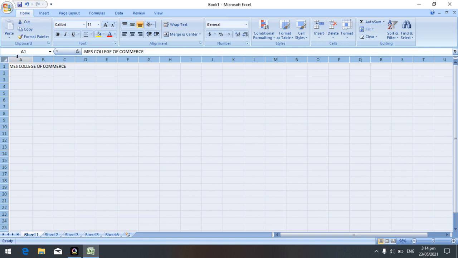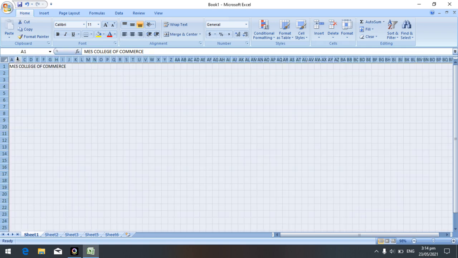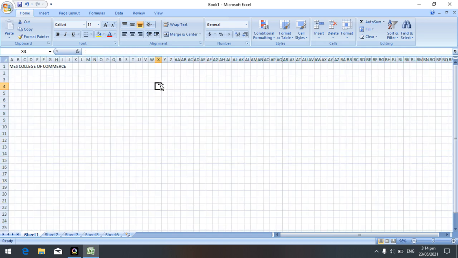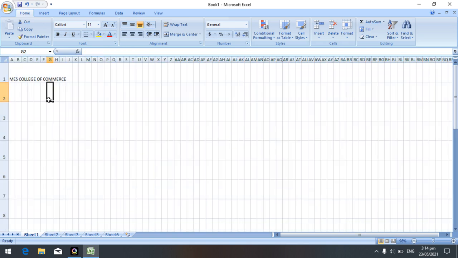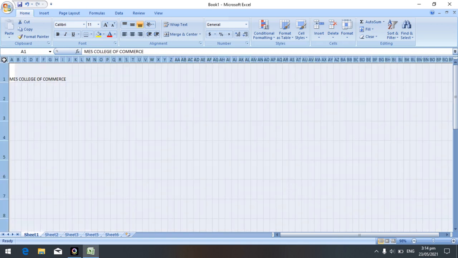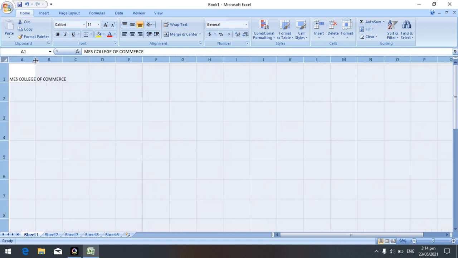Now you can decrease the column size, and all columns will be in the same format and same size. In the same way, if I want to increase the row size, just increase the row size here. And if I want to increase the column size, you can increase the column size.